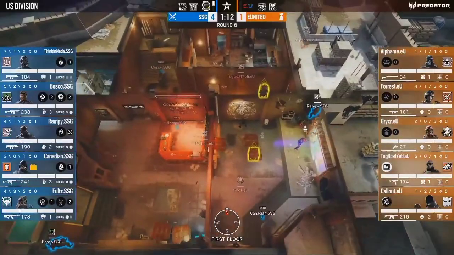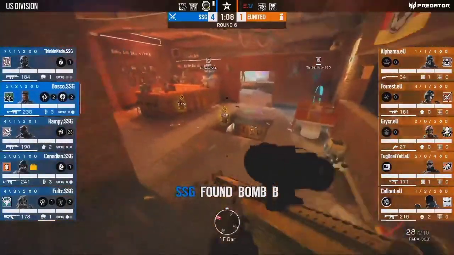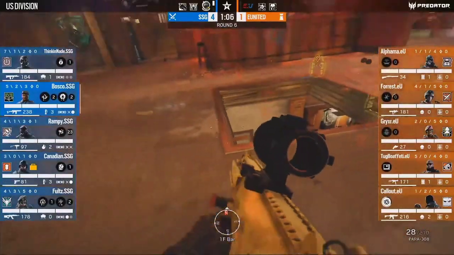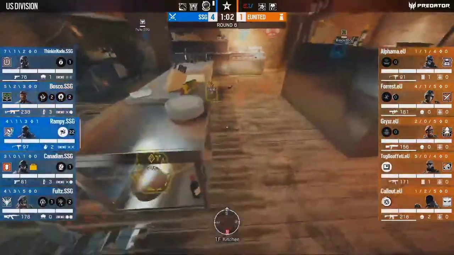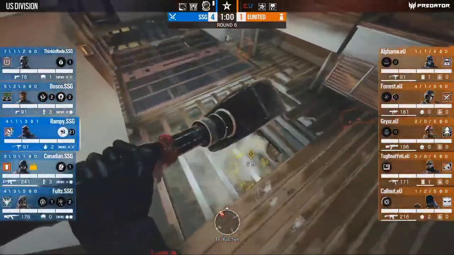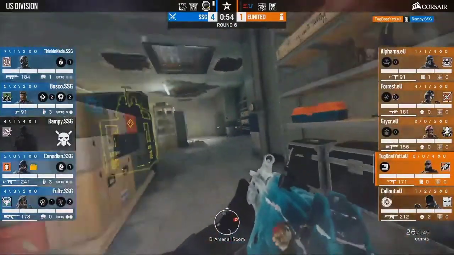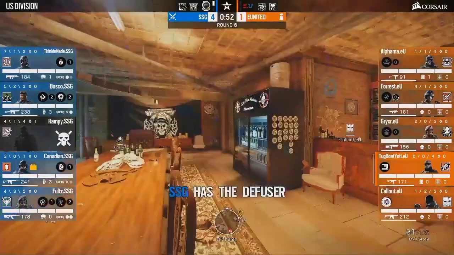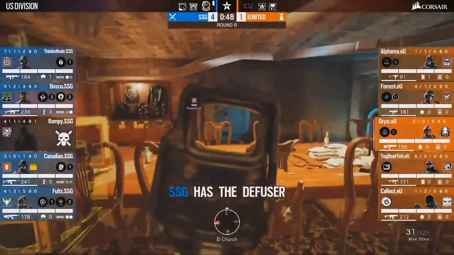So basically, with a minute left, SSG has all the control that they had as if Eunited had never roamed. And they don't have anybody available to flank anywhere. And they still have to cover multiple angles, if not more, because certain hatches were just opened up for the attackers for them. Yeti does get a nice pick onto Rampy here. This initially, which is something else I don't quite understand,